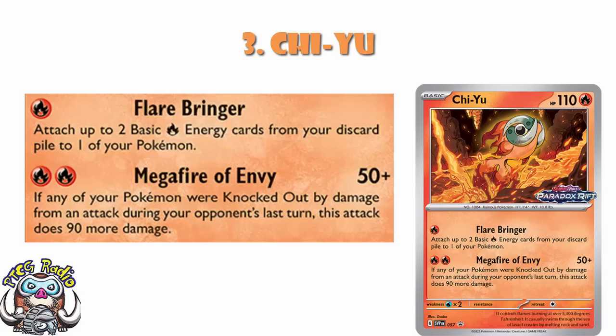If you've just given up a prize, now it does have to be KO'd by damage from an attack, so not dropping damage counters or abilities or anything along those lines. It has to act, or special conditions, though that is during Pokemon Checkup, not your last turn. But the point is, it has to actually be damage from an attack. That's extremely important. But 140 for 2 energy is good, especially if you're hitting for weakness and you're fire, so